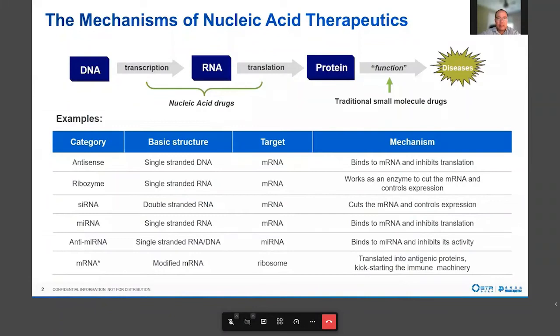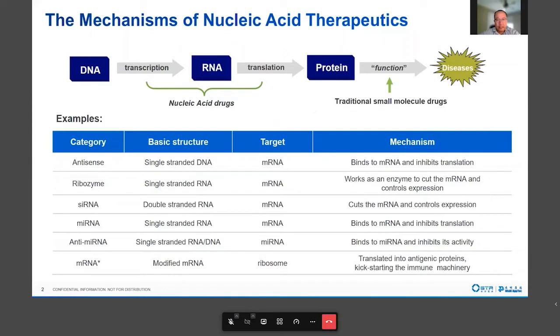So at first, let's take a look at the mechanism of nucleic acid therapeutics. Unlike traditional small molecule drugs, which act on protein function to treat disease, nucleic acid drugs, RNA and DNA, target upstream gene expression, such as transcription and translation. A lot of people believe this therapeutic modality will bring a great platform technology to treat disease, even for traditionally undruggable therapeutic targets. As I will discuss in later slides, if we can solve the delivery challenge, one can simply change the sequence of the oligo without a significant change in the physicochemical properties of the drug molecule itself, and be able to treat a large variety of diseases.